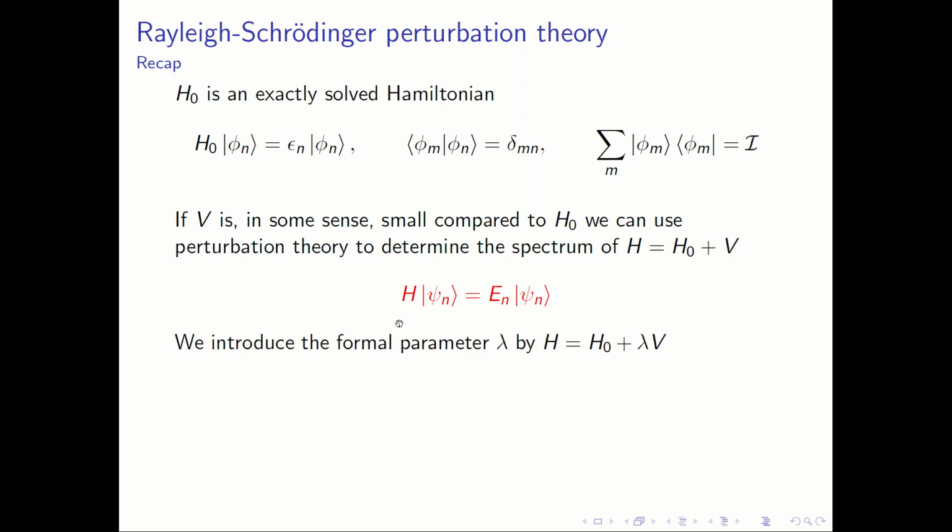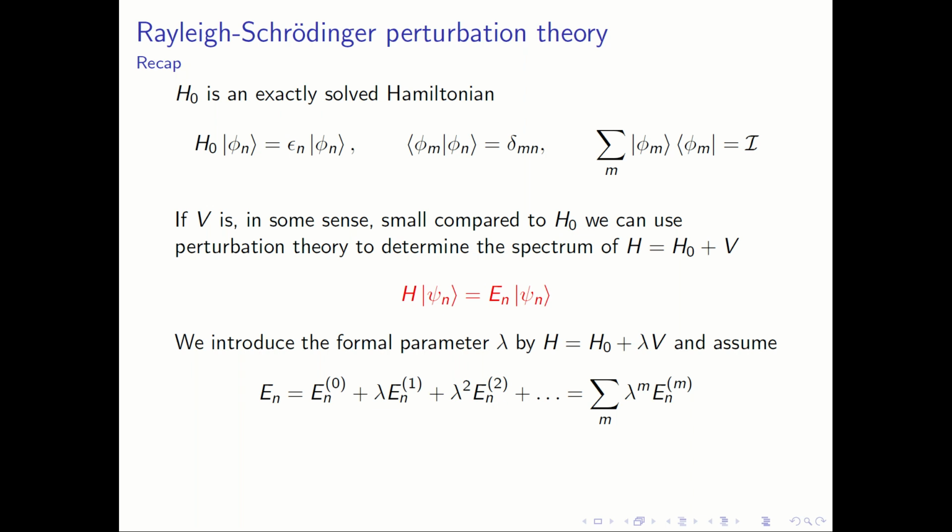Now, in order to facilitate the process, essentially to keep track of how many powers of V we are using in an expression, we introduce a formal parameter lambda. So, we start by letting H be H0 plus lambda V. At the end of the calculation, we will put lambda equal to 1, which will bring us back to H0 plus V. In addition, we are going to assume that the energy eigenvalues En of the full Hamiltonian,